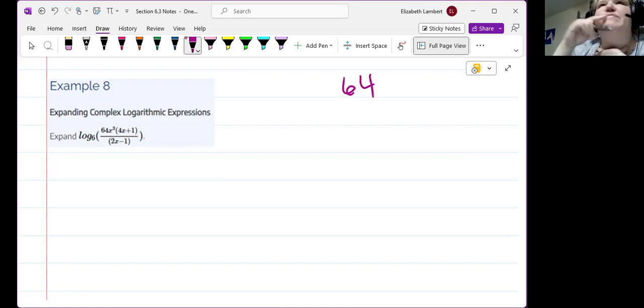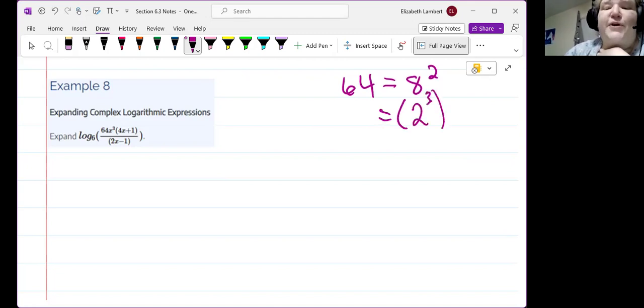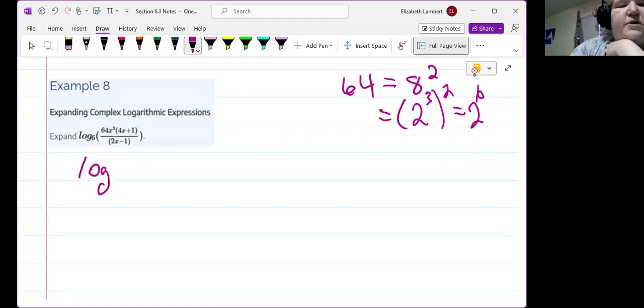64 is 8 squared. But 8 is 2 to the third. So 2 to the third squared is 2 to the sixth. So that's what I'm going to write in my first step here. Log base 6 of 2 to the sixth. There's our 64. Plus